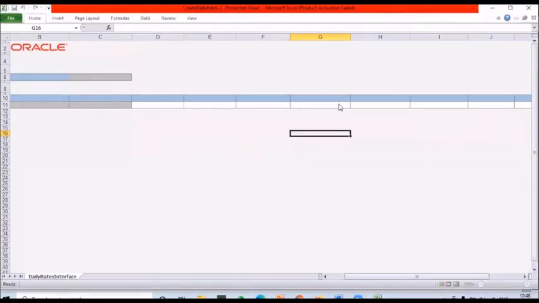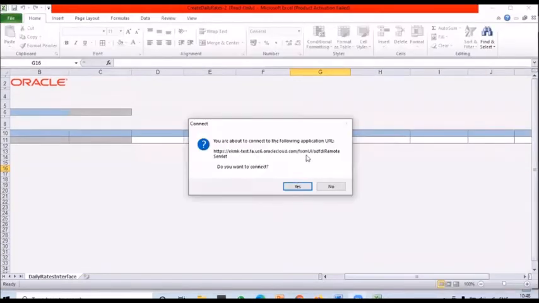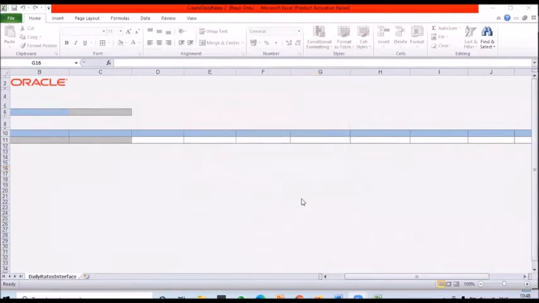If you properly install SDL, then it will ask you to log in. You are about to connect to the following URL, that information will come. Then click on the Yes button.